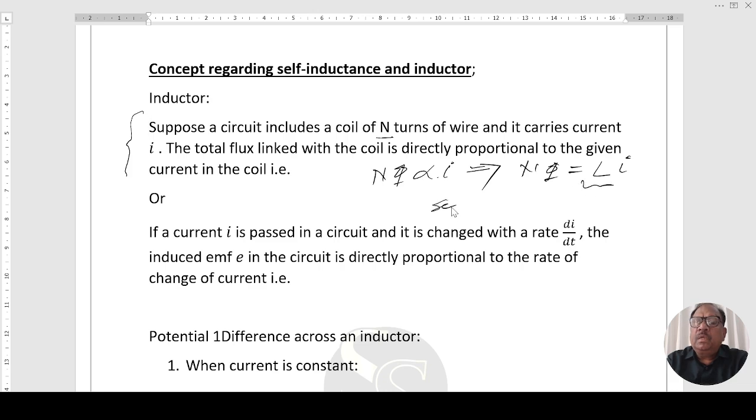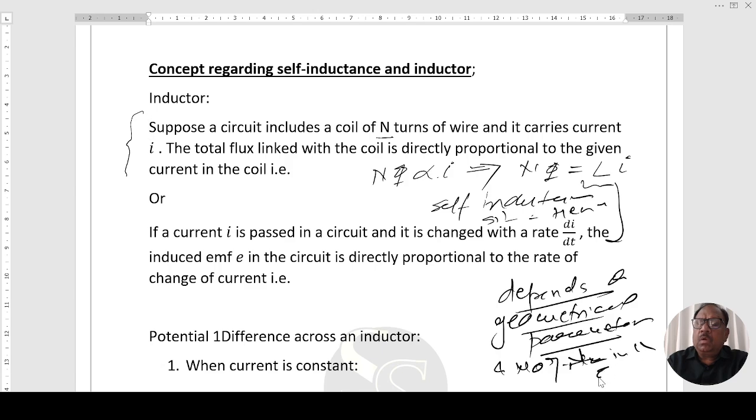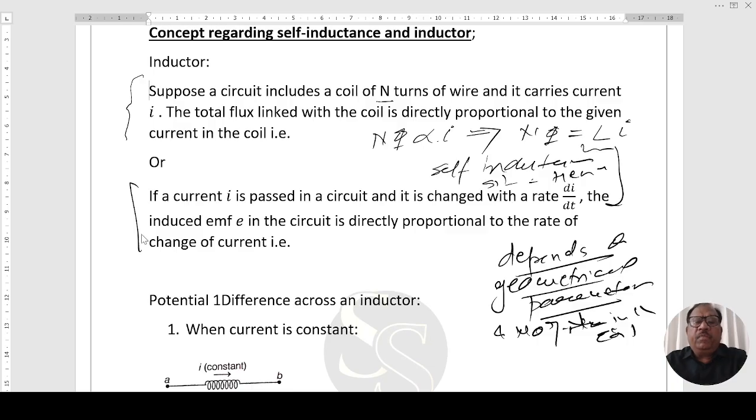This is known as self-inductance. Self-inductance, SI unit is Henry, and it depends on geometrical parameters and number of turns in the coil, right? Or another definition, if a current I is passed in a circuit and it is changed